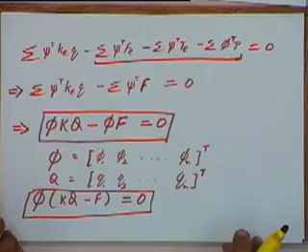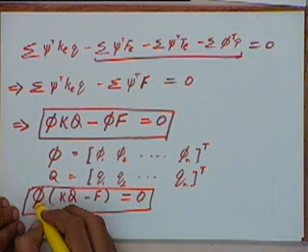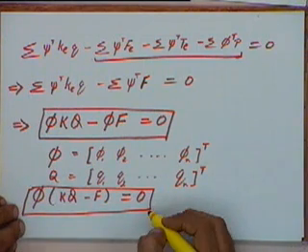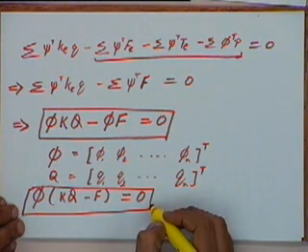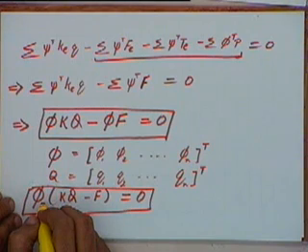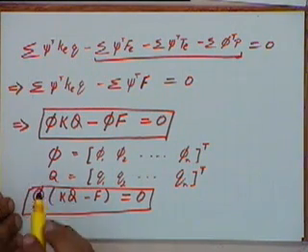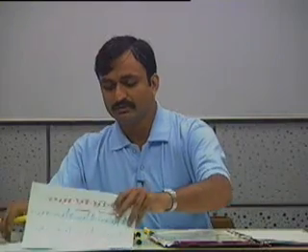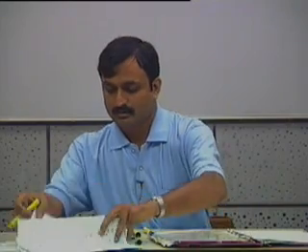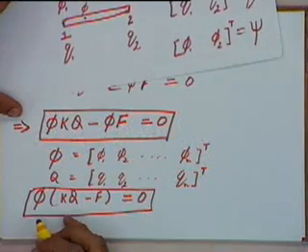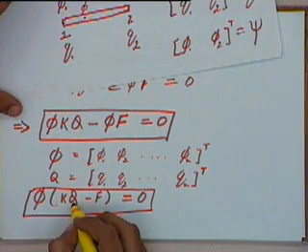We have already said that as per the Galerkin's method, this equation has to be satisfied for all values of phi. That means whatever virtual displacement I give to the system, this equation should be satisfied, that is, any virtual displacement which is consistent with the boundary conditions. If you remember, earlier we said that in the Galerkin's approach, phi has to take the same form as Q, that is, the virtual displacement and the actual displacement should have a similar description.